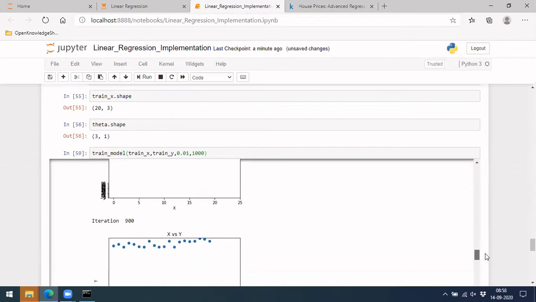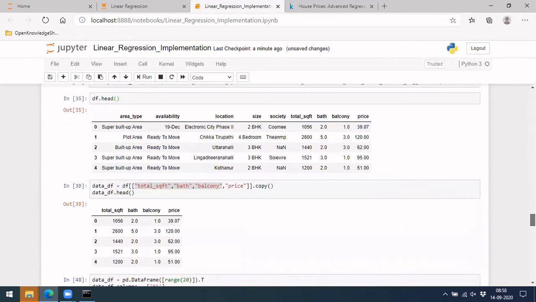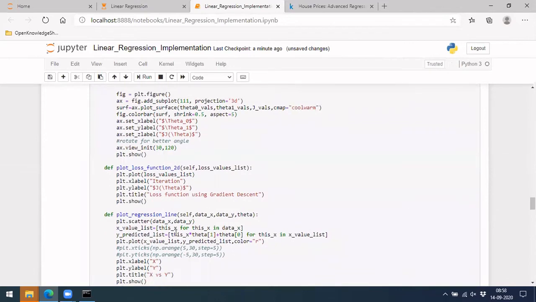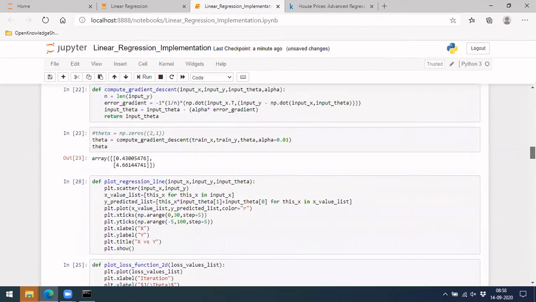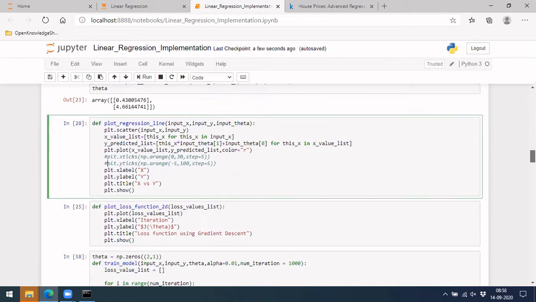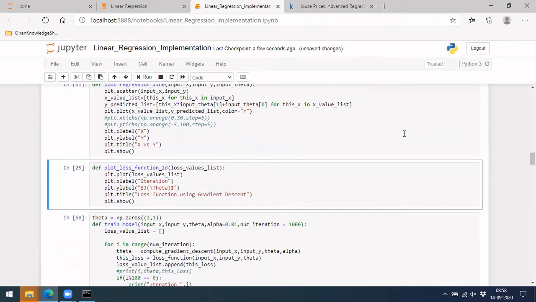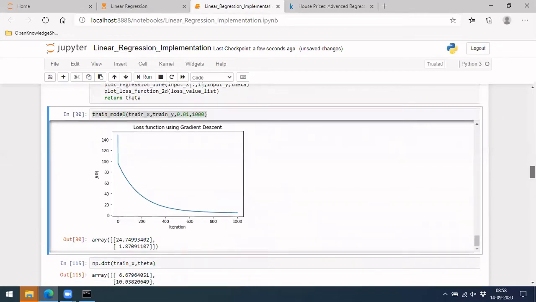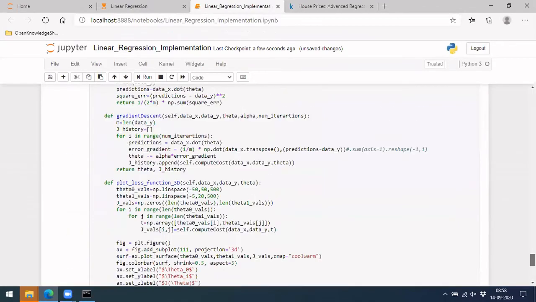There is also a problem here because we have fixed the range. If you see, we are plotting within this range, and for those we have given ticks like this, and it could not plot well. Okay, let me do it again. If it doesn't work, then we'll go for the class.